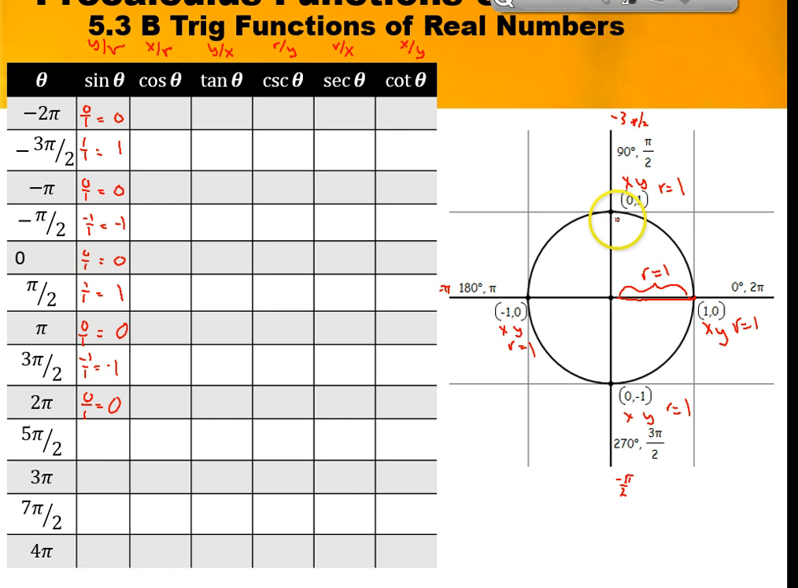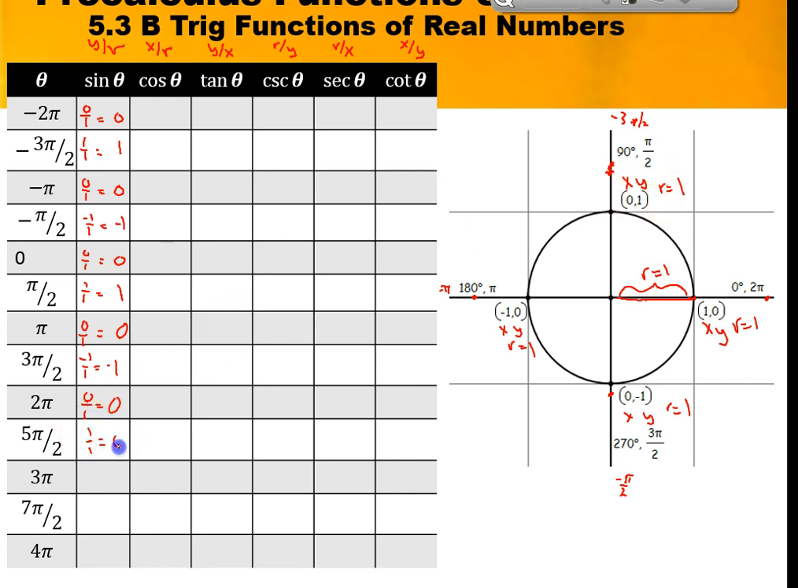Okay, so this is 1 pi over 2, this is 2 pi over 2, 3 pi over 2, 4 pi over 2, which is 2 pi, then 5 pi over 2. So this is back here at 5 pi over 2. So 5 pi over 2 would be y, which is 1, over r, which is 1, so 1 over 1,